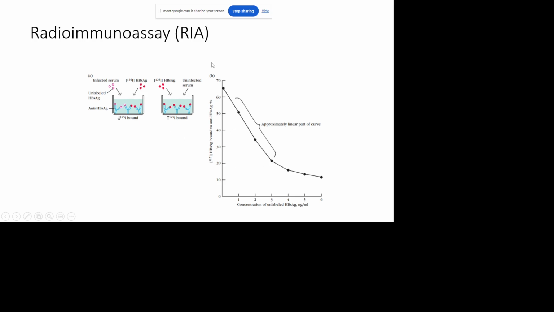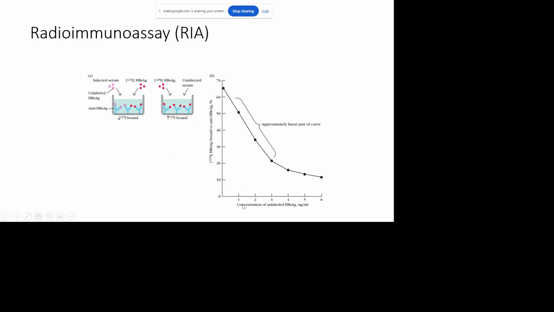And in this case there will be no unlabeled antigen, so you will get a maximum intensity here. But as you increase the concentration, the intensity will keep decreasing. Okay, so that's how this plot works. First you will plot a standard graph